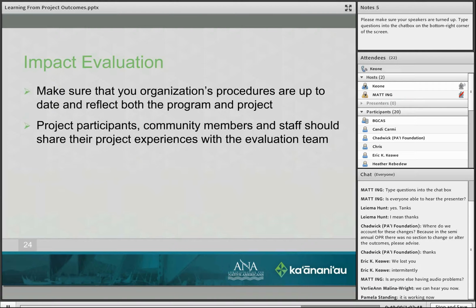When you're preparing for your impact evaluation, make sure that your organization's procedures, both your personnel policies and financial procedures, are up to date and reflect both the program and the project. It's much easier to enfold the project procedures into program procedures than to adjust the program procedures to fulfill the project's procedures.